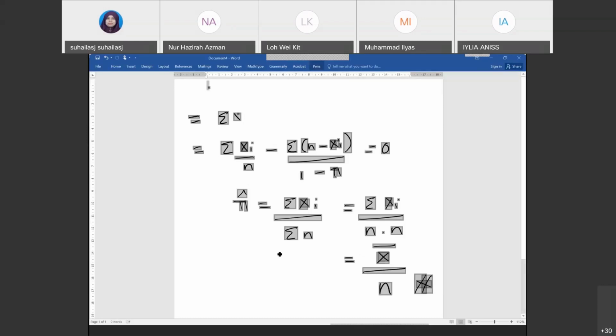Okay, so you setkan, selesaikan, setkan equals to 0. So you will have summation xi over n minus summation n minus xi over 1 minus pi, setkan equals to 0. So selesaikan dulu. Okay, setengah tu dah dapat. So pi head equal to summation xi over summation n. Summation n tu maksudnya n plus n plus, plus n tu kita ada n term. Ataupun kita boleh tulis n darab n lah. Okay. So in other words, saya simplifykan lagi, summation xi over n dia adalah x bar. Divide by single n yang tinggal tu. Okay, so